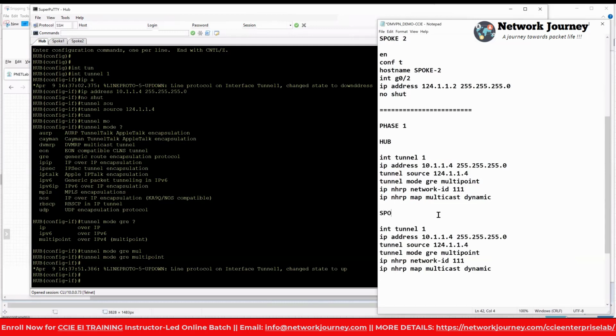So guys, now in phase 1, on the hub it is going to be multipoint GRE, right? But on the spoke, it is going to be point-to-point GRE, which is a normal GRE. So when you configure your normal GRE,